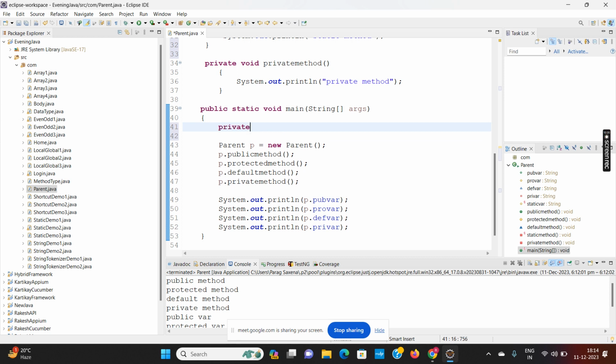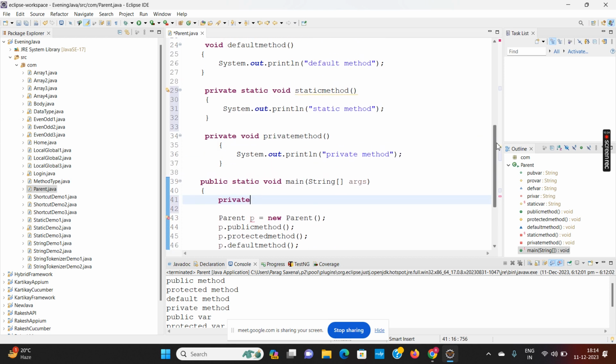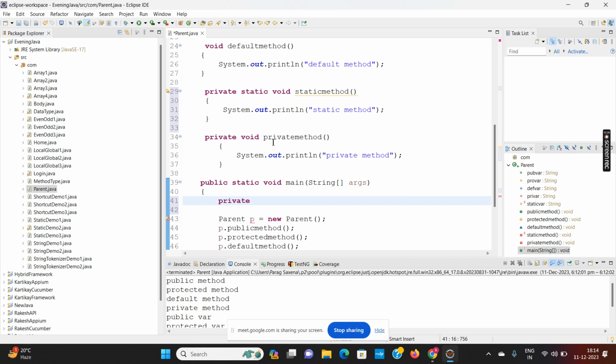Just a second, we have to change the method name. No, this was a static method, not private. So static can be called directly without creating the class constructor. And similarly,